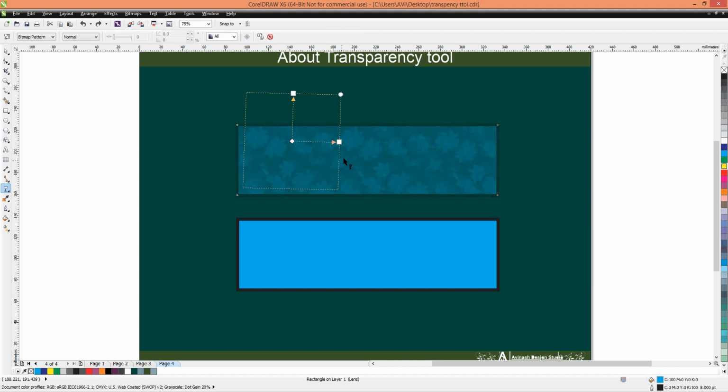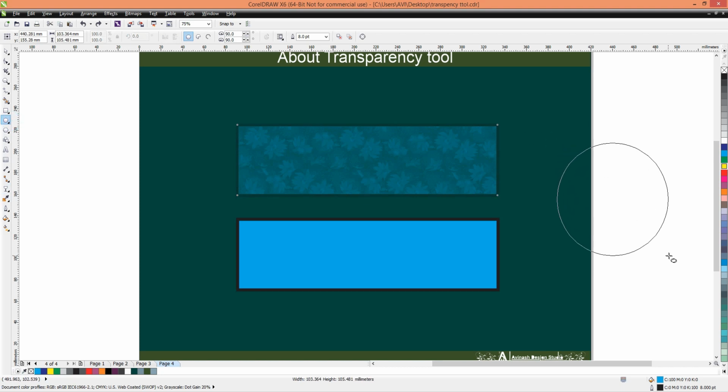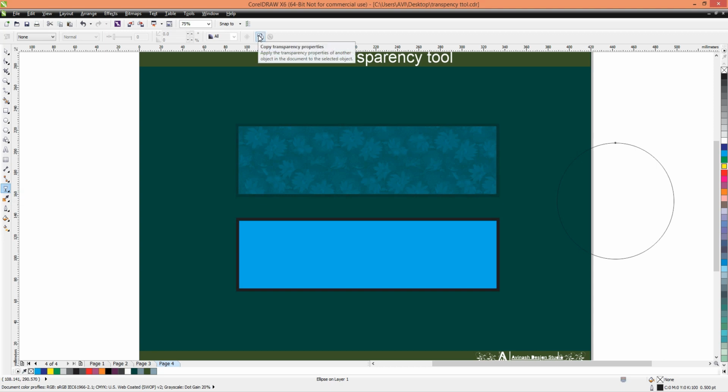When we are satisfied with this transparency option and want to apply it to another object, it is possible in CorelDRAW. So for understanding, we go to the ellipse tool, make an ellipse, select this ellipse and go to the transparency. Here is the option called copy transparency properties.